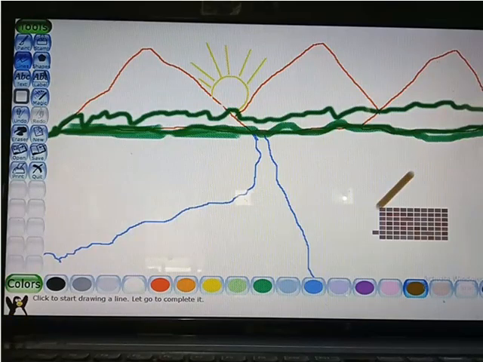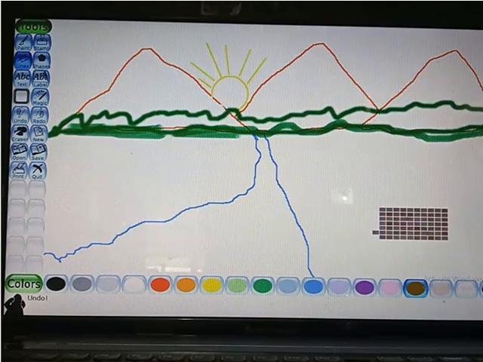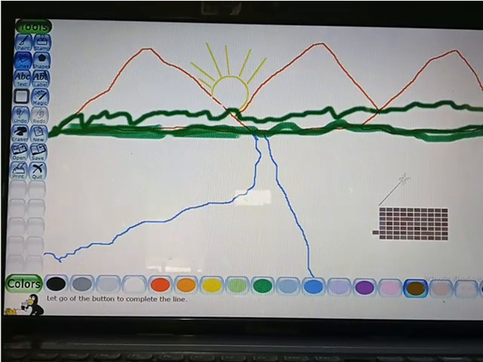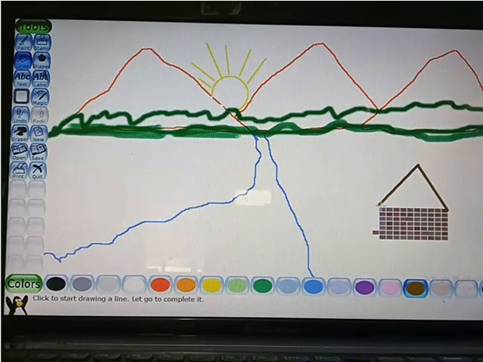But we have chosen shadow, so let's choose the normal one, this one. And this. So you can draw anyhow, and you can use different colors of bricks also.